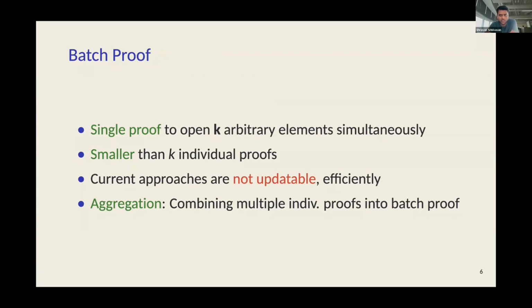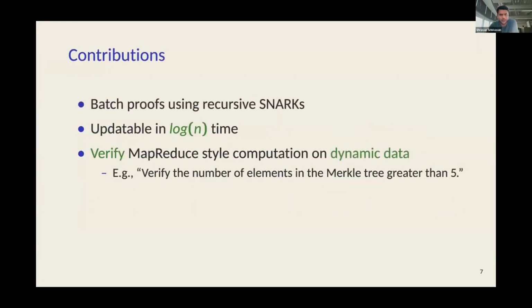Another thing which we touched on in this work is aggregation. Aggregation is the process of simply combining multiple individual membership proofs into a single batch proof. So, more about what we have done in this work. We present an updatable batch proof using recursive SNARKs for Merkle trees. And our batch proofs can be updated in logarithmic time, where n is the number of leaves in